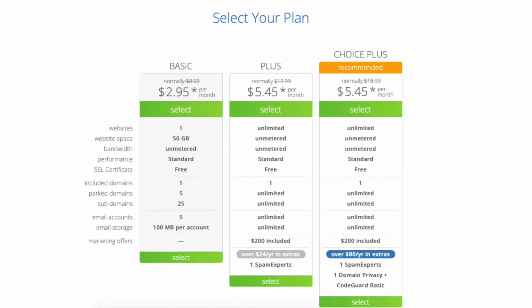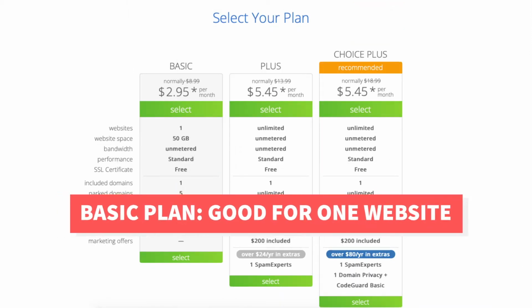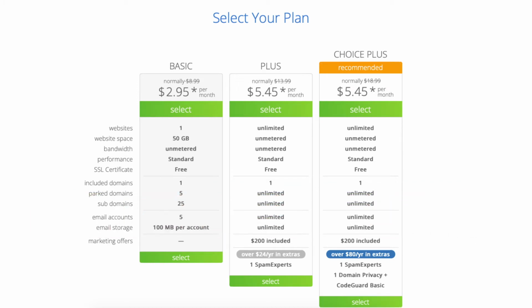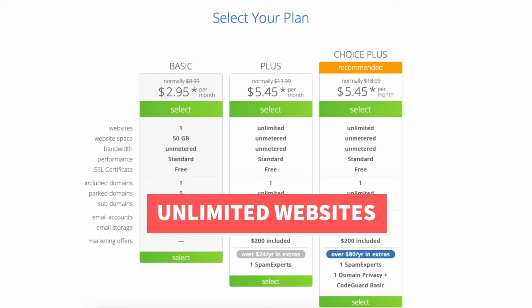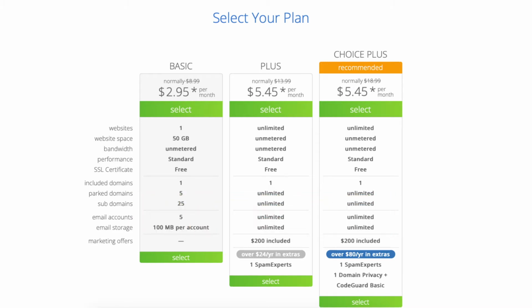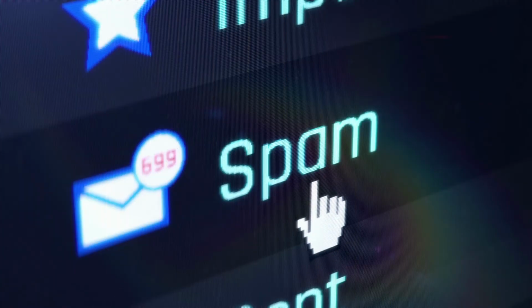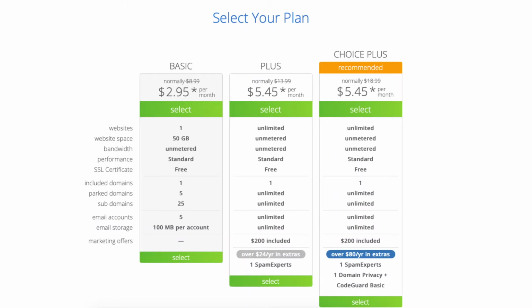The Basic plan is a great plan if you're going to have just one site. If you're going to have multiple sites, the Plus plan is a good plan as it allows unlimited websites and comes with an extra known as Spam Experts, which is an email filtering tool that filters and scans your incoming email for spam. The Choice Plus plan allows unlimited websites and comes with extras such as Spam Experts, free domain